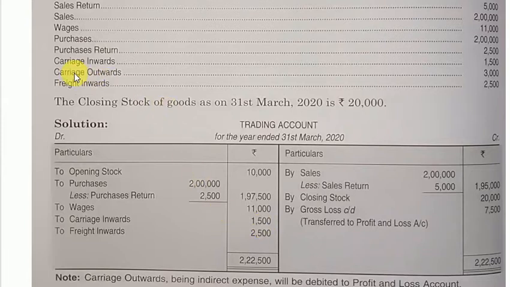Now proceed towards another item, that is carriage outward. Carriage outward is a type of indirect expense. As we know, these expenses are incurred at the time of sales, so that will be recorded in your statement of profit and loss account, not in your trading account. In our earlier classes we had already discussed the format also. There is no carriage outward recorded in your trading account. Why? Because only manufacturing expenses or direct expenses are recorded in your trading account. Other than the manufacturing expenses or direct expenses, we will not record any indirect expenses in your trading account. I hope this is clear to you all.